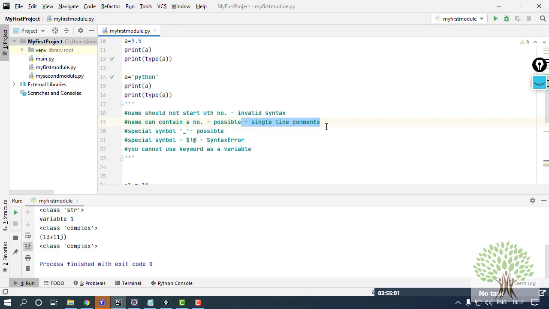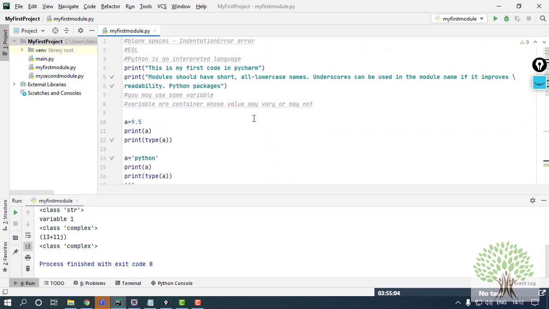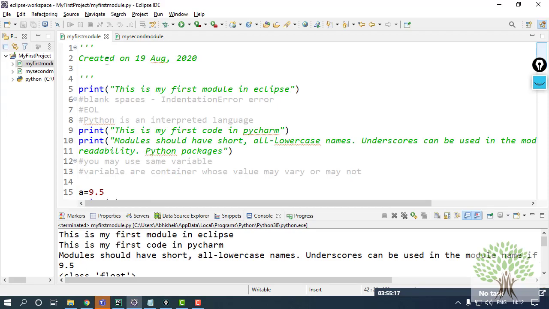Fine. So these are also good to be aware of, because sometimes to increase the readability of the code, I have to introduce some comments. So this is also very important to understand. The same comments are supported in the IDE Eclipse also. Over here you can see that when I created the module in Eclipse, this statement about when I created this particular module is coming up. I haven't written it, but it's automatically coming. It's not being executed either. It's just in the comment section, and that's it.